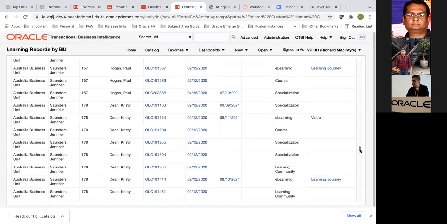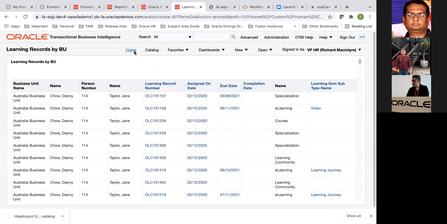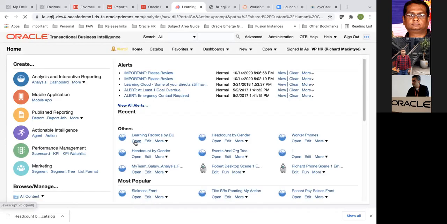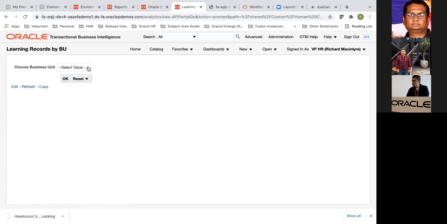Maybe we'll choose something which has got a smaller number. But the limitation of a report prompt is that you could choose it once, and once you run, it goes away, and you need to reopen it to add another value. So instead of that, we generally recommend a dashboard and dashboard prompt. I'll cover it in the next session actually.